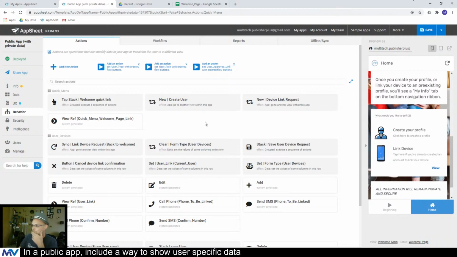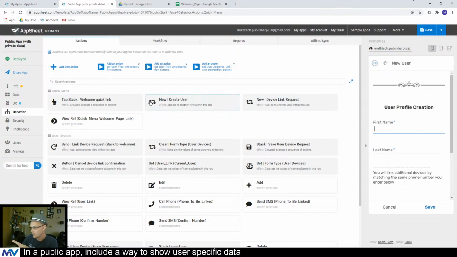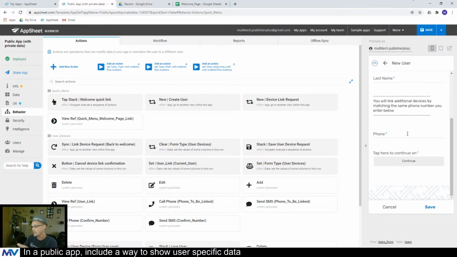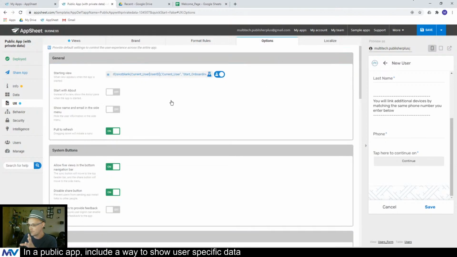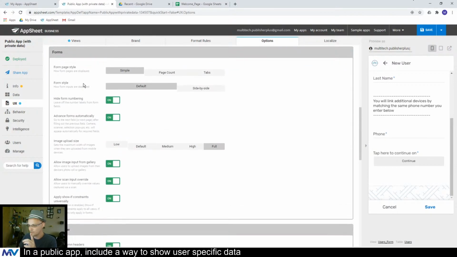So let's see. Next, when you tap on this, you know these things are conditionally firing off, right? When I tap on this new record, it takes me to the user form. Inside of here, I fill out the stuff. One of the things you might have noticed is that there's this tap here to continue. Instead of hitting the save button, if I go to UX, I go to options, in forms,